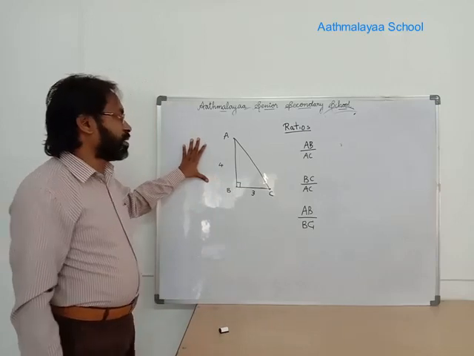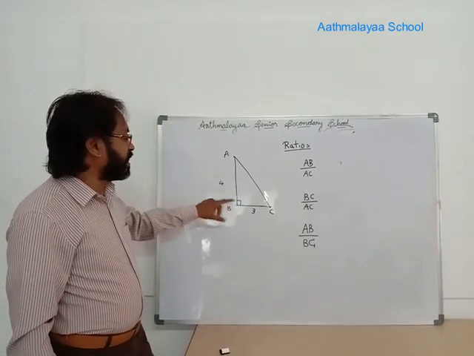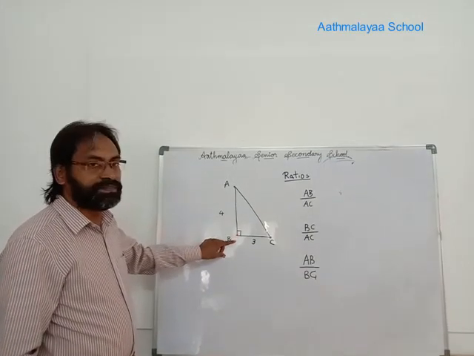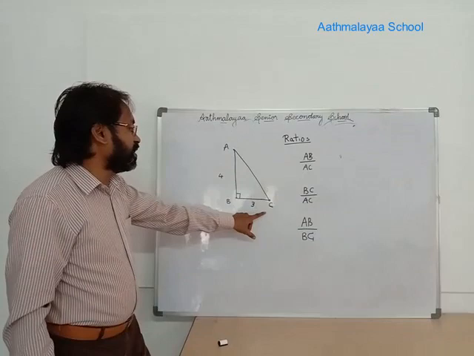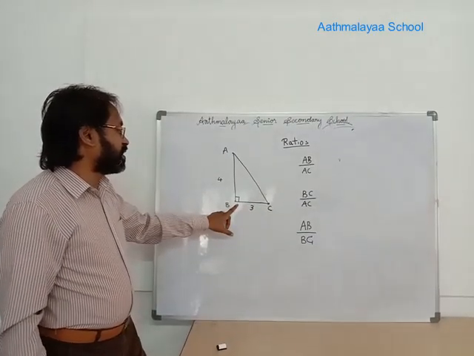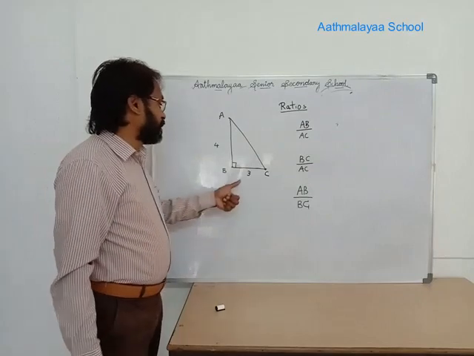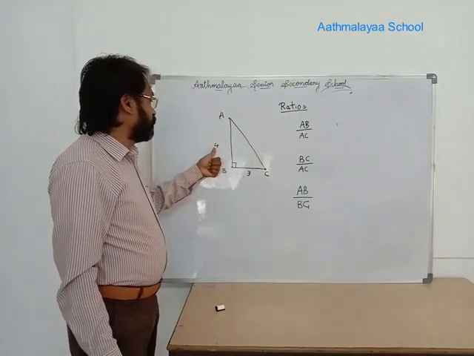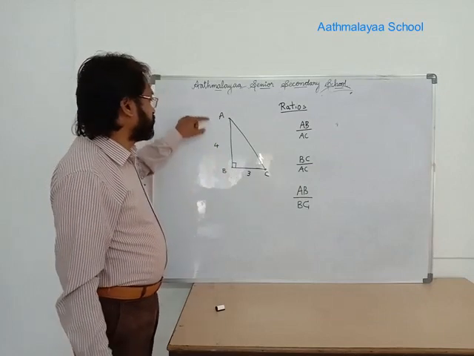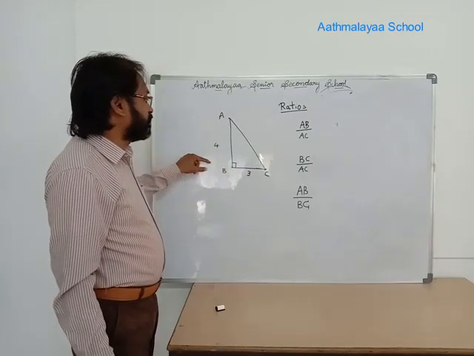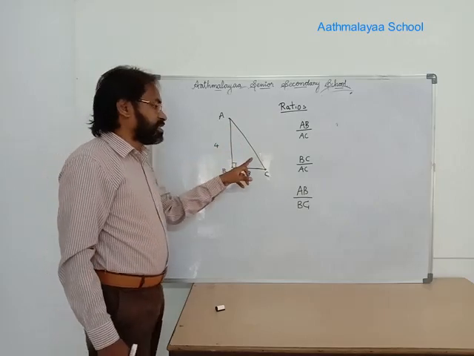Now I have on the board a right angle triangle ABC, right angle at B. And I have given two measurements, 3 and 4. 3 is side BC and 4 is side AB. And about side AC we have discussed